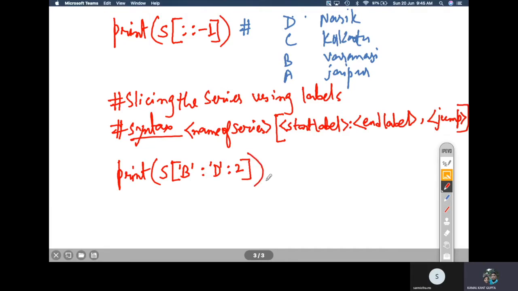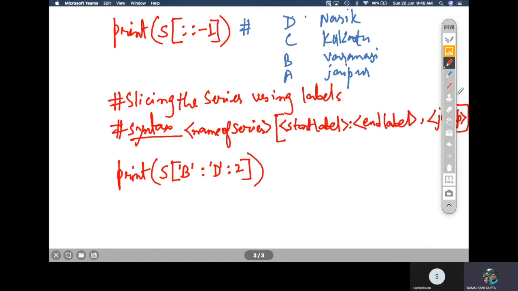I'm giving the label names instead of indexes. I want to jump from B to D, taking two at a time.